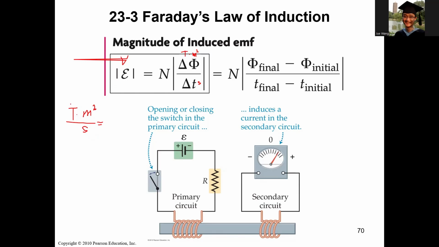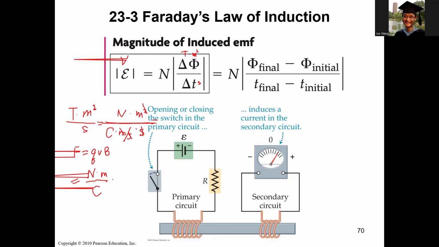Tesla is a unit of field, right? So the field is related to force by F equals QVB. So 1 Tesla is basically 1 Newton per Coulomb divided by meter per second. So it's F divided by QV, and we further multiply by meter squared and divide by second. So what we get is that the second is cancelled, one meter is cancelled, and we get Newton